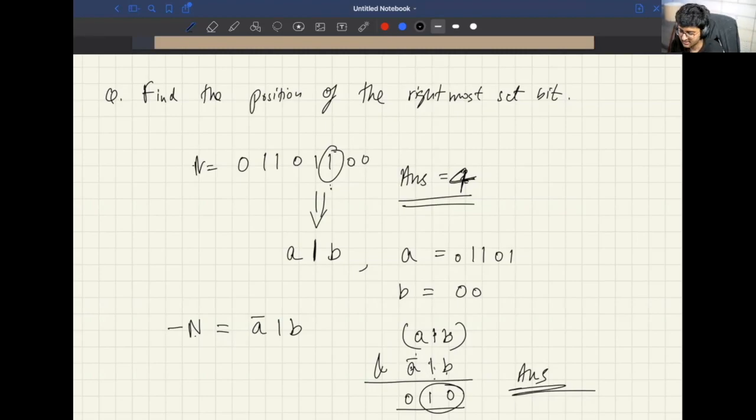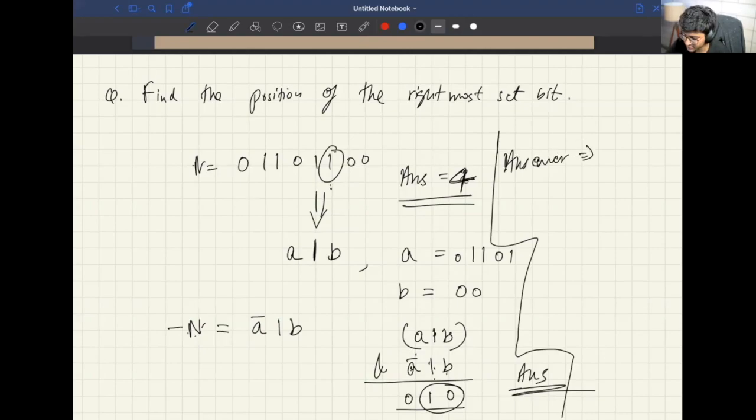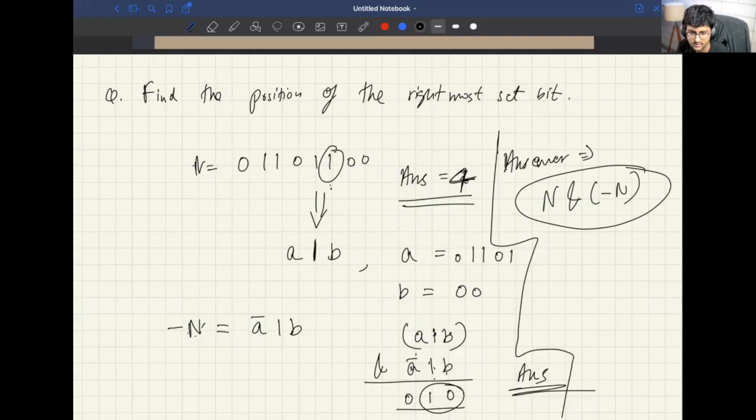We'll see why this is so. You can just do this thing, without a while loop. I mentioned don't use any while loop. So the answer is actually equal to, all you need to do is n AND negative n. That is your answer. No iteration, nothing. n and negative n. That is it. You don't even have to do anything else. Everything will be done on its own. Input n, print n and minus n. That's it.